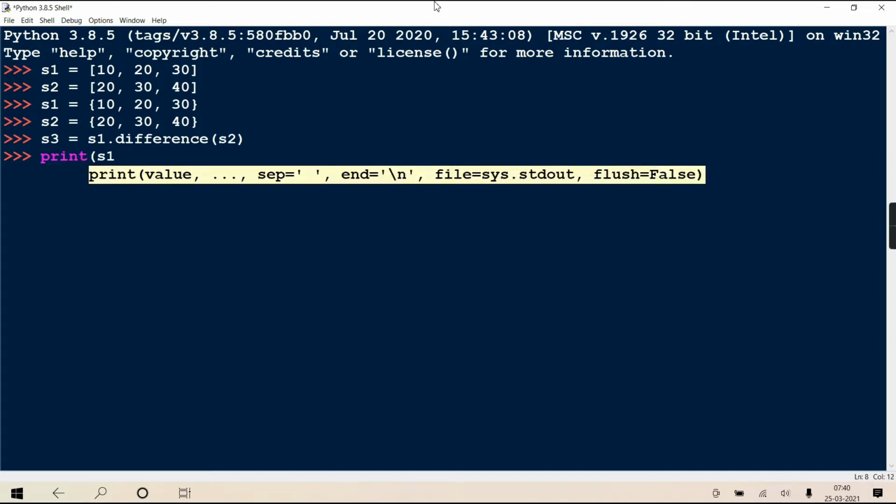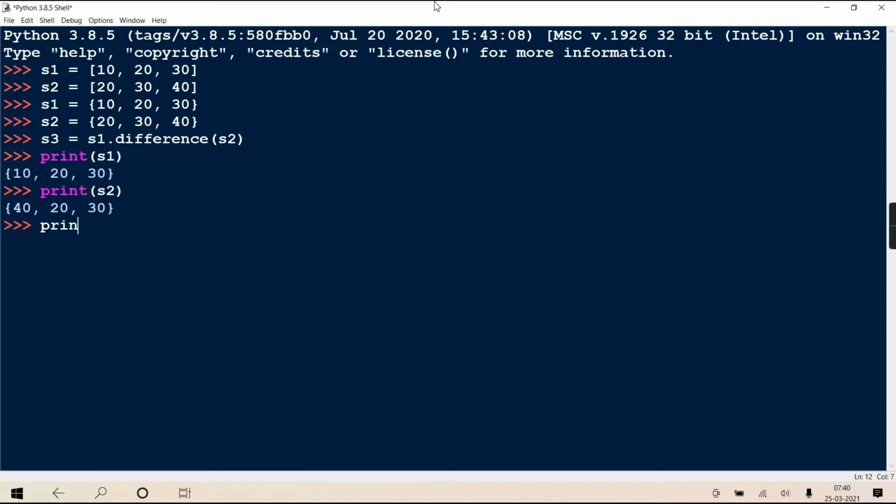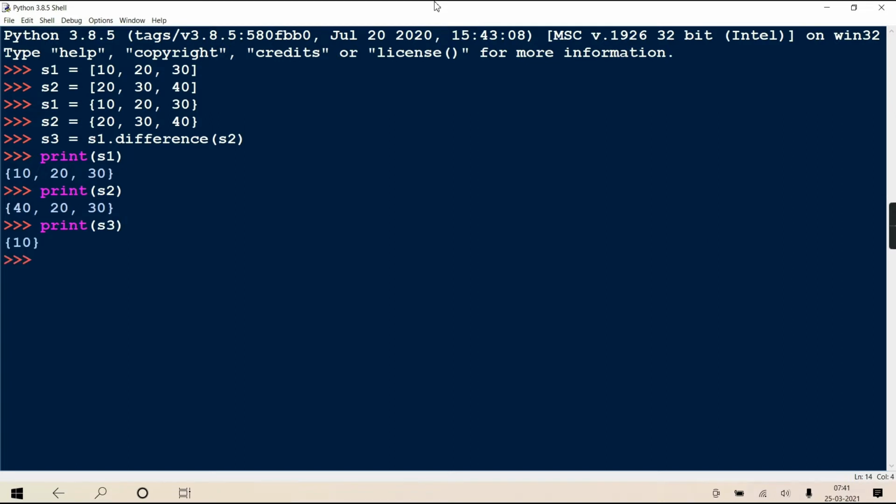If I print S1, the first set, the second set, and when I print S3, it will give you 10. And the same operation you can do with the overloaded operator minus, with the same behavior.